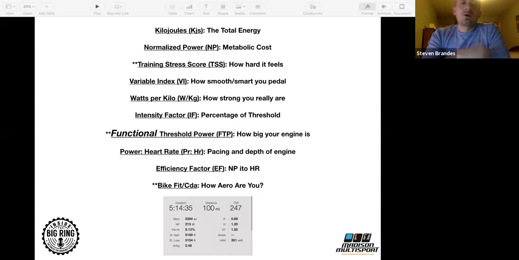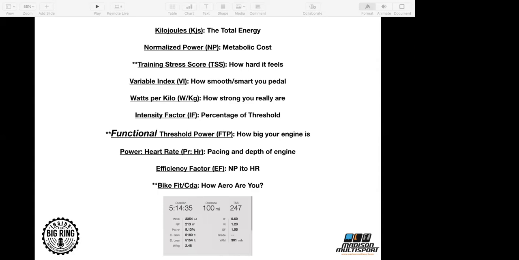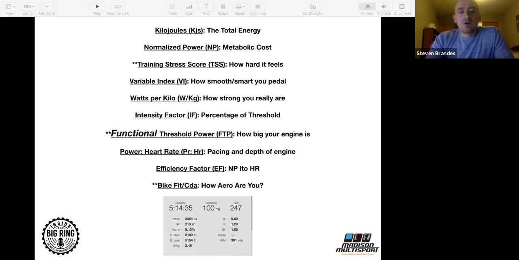So the metabolic cost. A lot of times when you see average power, average power again is different than normalized power. When you're looking at average power, typically it's going to be lower than your normalized power, because average power includes all of your free pedaling, your soft pedaling. If you live in Wisconsin, or if you're just riding in general, and you typically soft pedal, which means your power goes to zero, that's going to affect your average power, which is going to affect your variable index, which we'll get to.